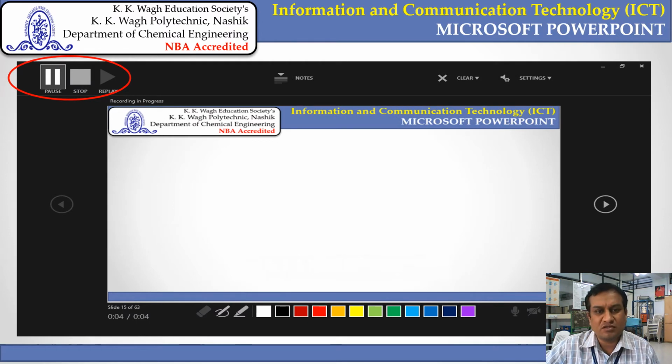This is the option where you can understand that after starting the recording, the record button is replaced and then the pause and stop buttons are there. You can pause the recording in between if you want to correct or modify your presentation or recording. And if you think the recording and presentation are satisfactory, then you can press the stop button, and after pressing it you can replay that particular recording, right?